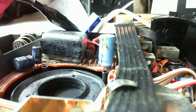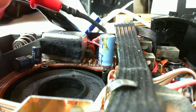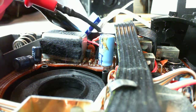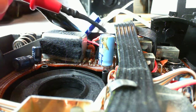Oh my. Well, these voltages are just all wrong here. Oh, there's another 1,000. No, that's the same one I was looking at. So I think it's this one here. And that guy...